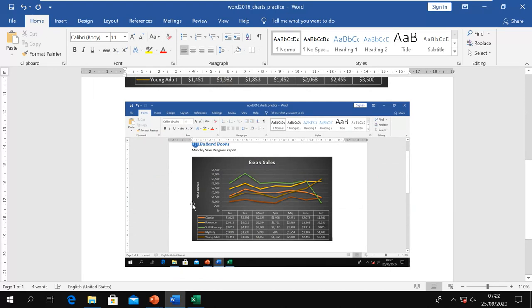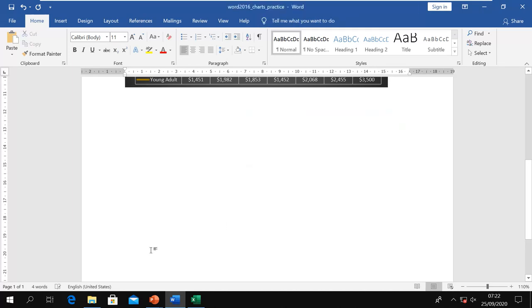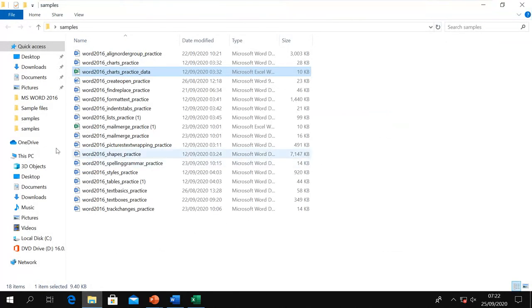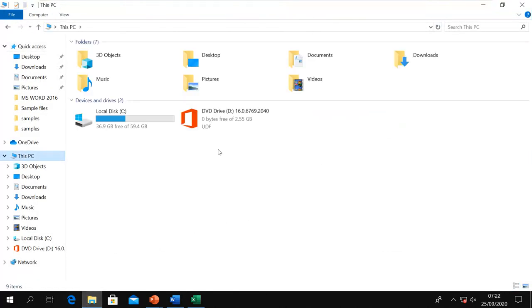The whole screen, but I don't want to have a whole screen. Now if you don't want the whole screen, there is a problem here. Suppose I have opened My PC.